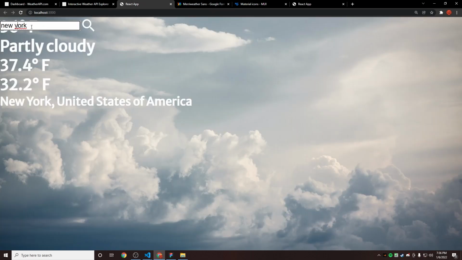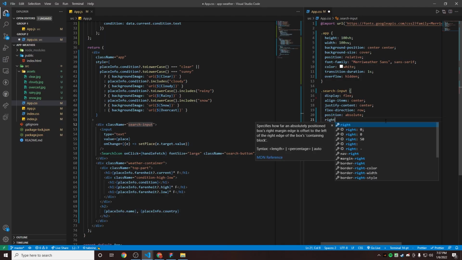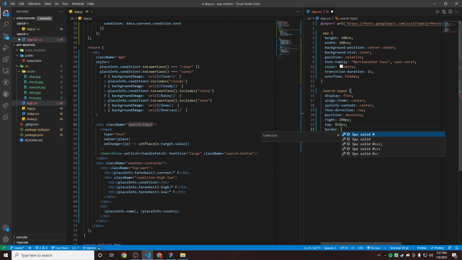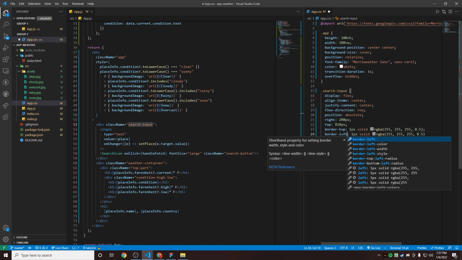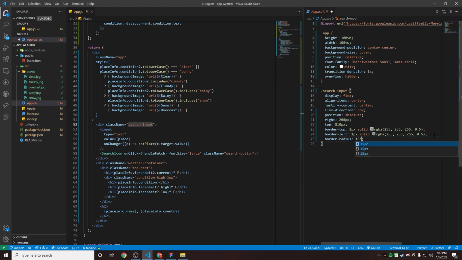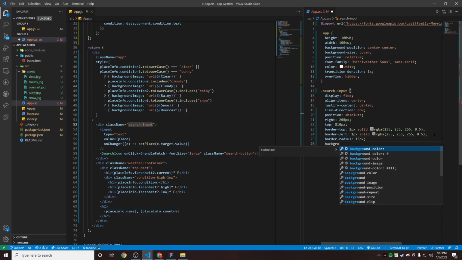Our input is right here, and our search icon is right here. So let's move it to the right 200 pixels and top 810. For the border top, I'm gonna have a 1 pixel solid RGBA 255, 255, 255, 0.5, and also for the border left. Save. I'm also gonna apply a border radius of 15 pixels,